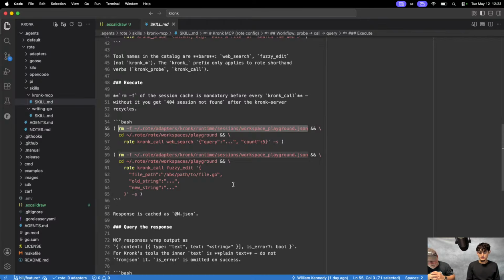Now, technically, the MCP server should be persisting these session IDs over time, because what you don't want is every time you make a call to an MCP server, you have to spend 20, 30, 40 milliseconds doing the handshake again. That's insane. So if I've already given you a session ID and it's valid, we can skip the handshake.